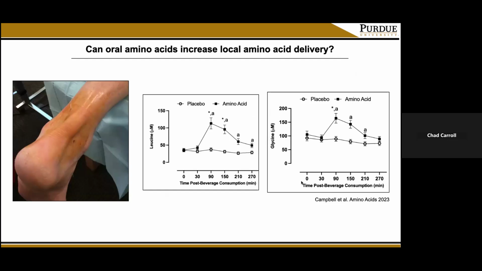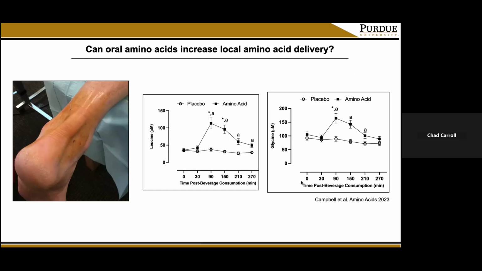So the first experiment we did, because the first question we got asked is, well, there's no way there's amino acids getting to the tendon because the tendon's avascular and stuff like that. So we had to overcome that hurdle in the review. So one of the techniques that we've used in my lab is microdialysis, and I'll explain how that works here briefly. But essentially, we insert a